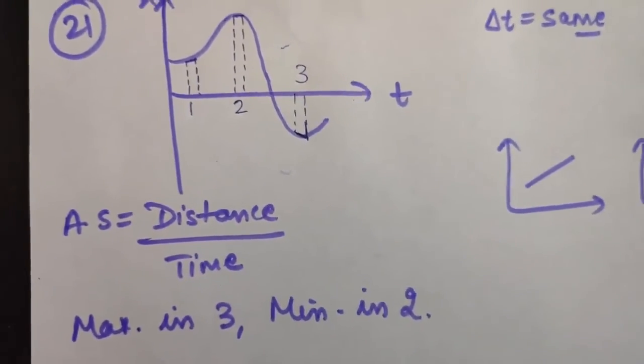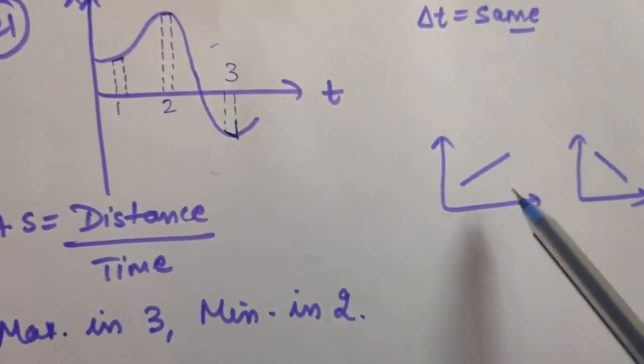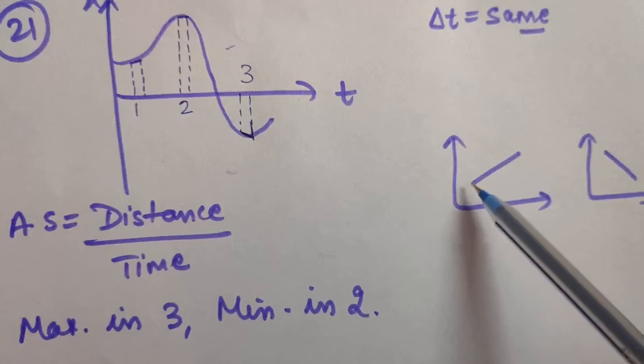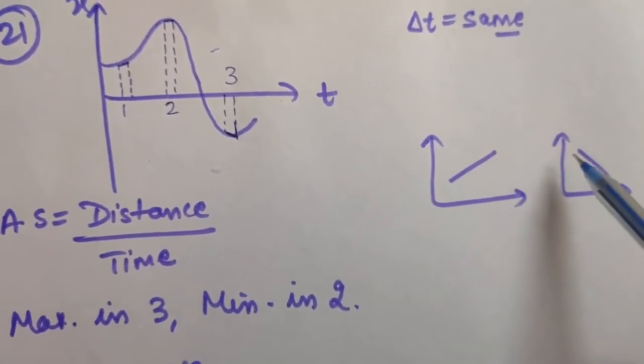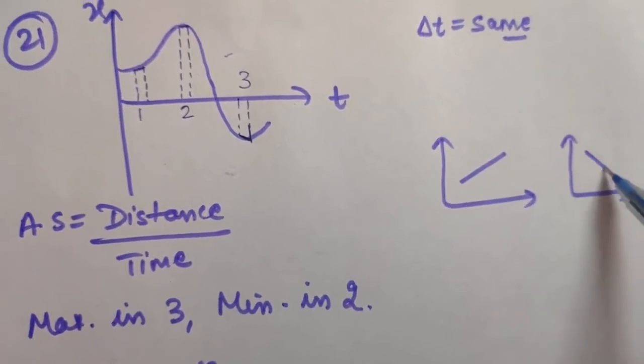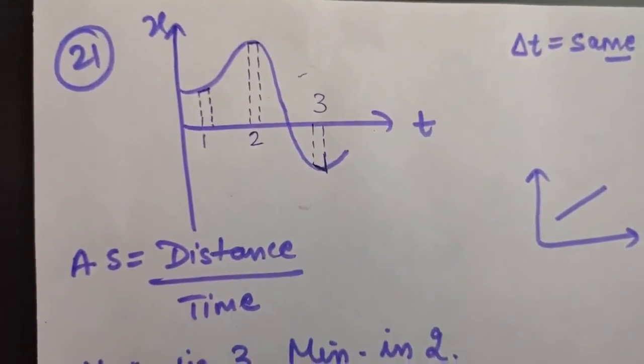It is also asking for sign of velocity. Okay, so now look here. If we draw a graph and the line is going upwards, that means we have a positive slope, and if the line is falling downwards, that means we have a negative slope. Okay, so now we know slope gives us velocity.